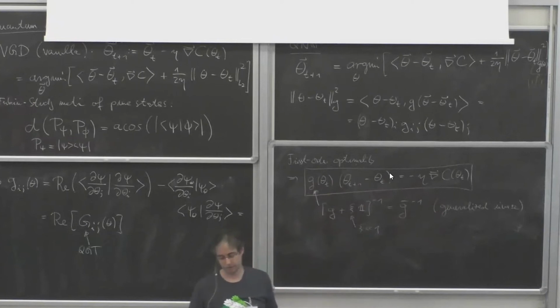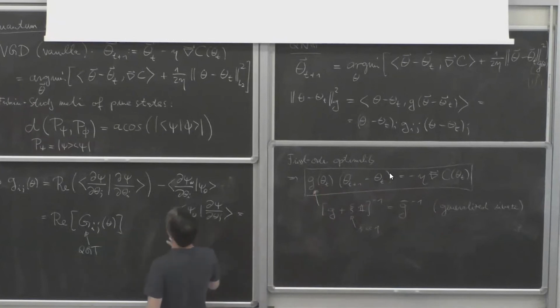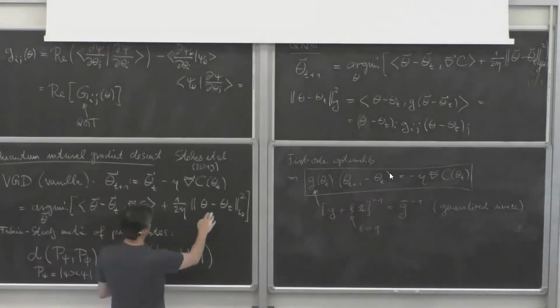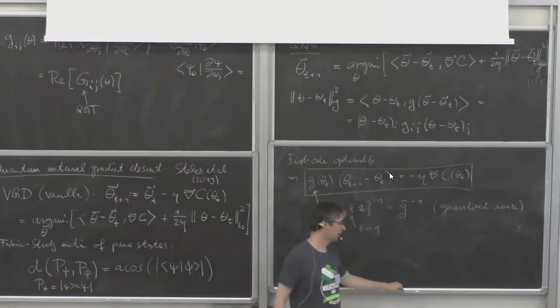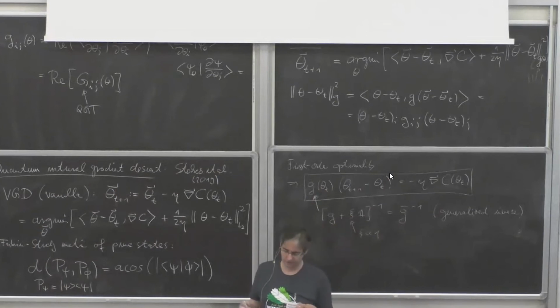Oh, so I think this has nothing to do with the quantum. The question was, provide more intuition about why it is advantageous to use this quantum natural gradient metric versus the vanilla gradient, where the difference is that we are taking a step size of size eta, but it's with respect to the L2 norm. I think the way I'm thinking about this is that you're trying to converge to a particular minimum in the space of pure states.